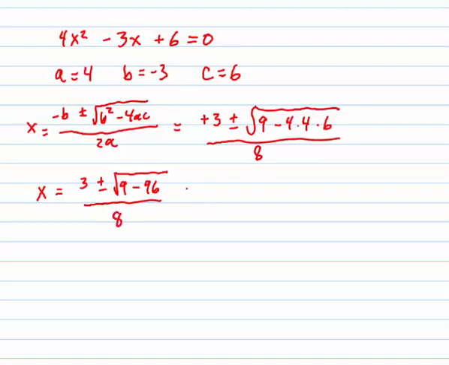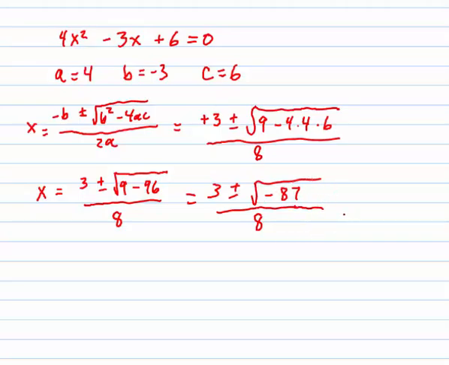Now this is where we get into a second type of answer. We have 3 plus or minus the square root of a negative 87, right? All over 8. Well, you can't take a square root of a negative number, not in the reals, but we can have imaginary